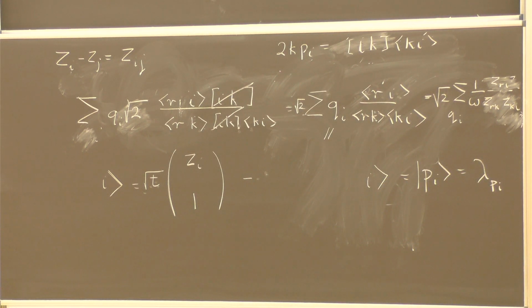So you see at the end that you have explicitly omega, the energy of the photon. When the energy of the photon goes to 0, this is the soft factor, and this is the 1 over omega, 1 over energy singularity, times something which seems to depend on the reference vector. But it doesn't. The reason is that